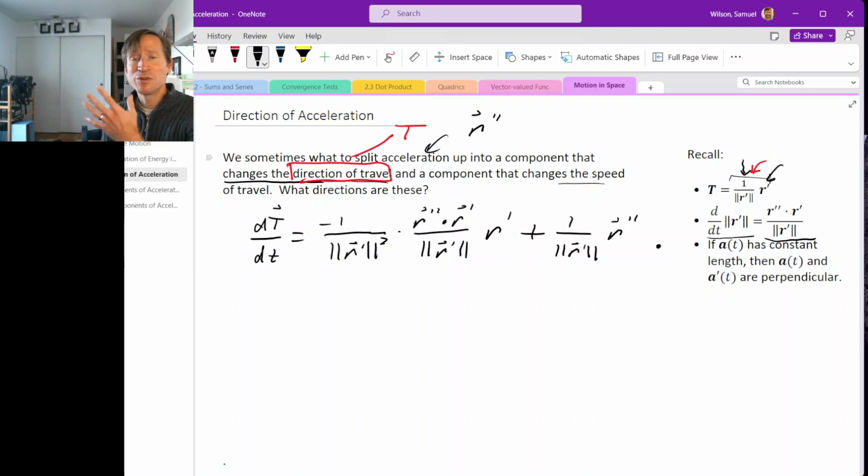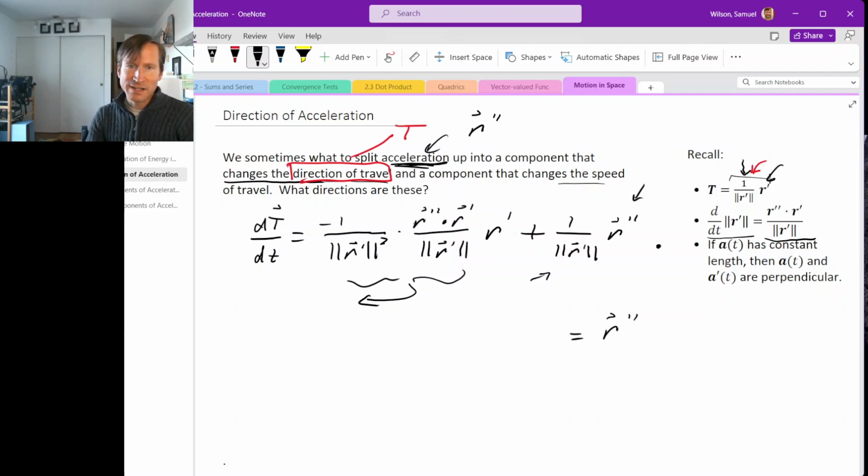Okay, now remember what we were doing is trying to get a handle on what directions show up for an acceleration. Well, look, here's the acceleration. So what we could do is rearrange this equation to isolate r double prime. So let's do that. We'll move this first term to the left, and then we'll multiply both sides by, I'm sorry, multiply both sides by the magnitude of r prime. So when we do that, we get r double prime on the right-hand side, and on the left-hand side, we get a big mess. It's a big mess that's multiplied by the magnitude of r prime. So we get dT/dt,